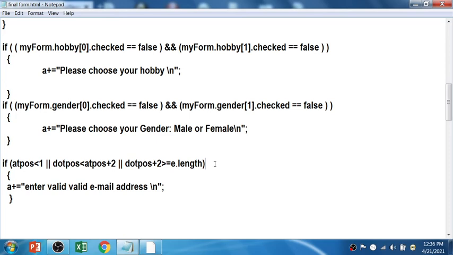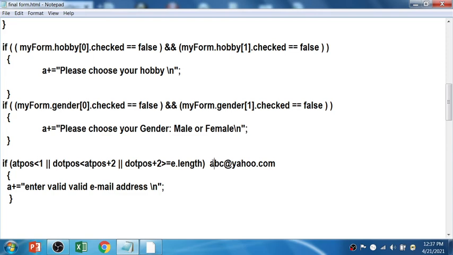So before @ let's say ABC, I'll write here ABC@yahoo.com. This is the correct email address as per this condition: 3 characters before the @, 5 characters between @ and dot, and after the dot 3 characters.